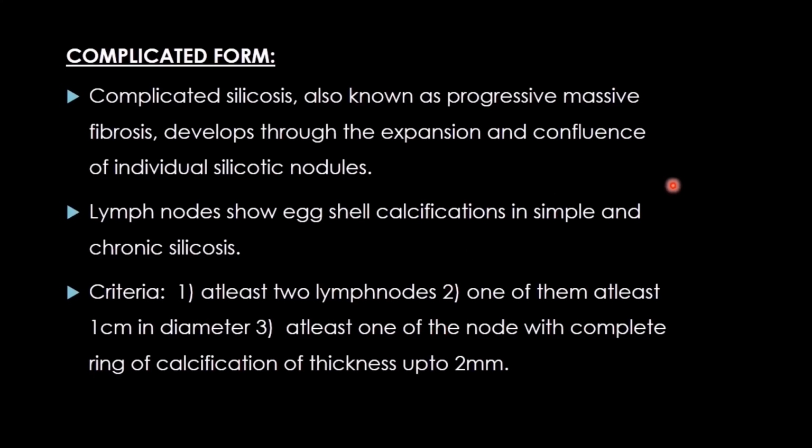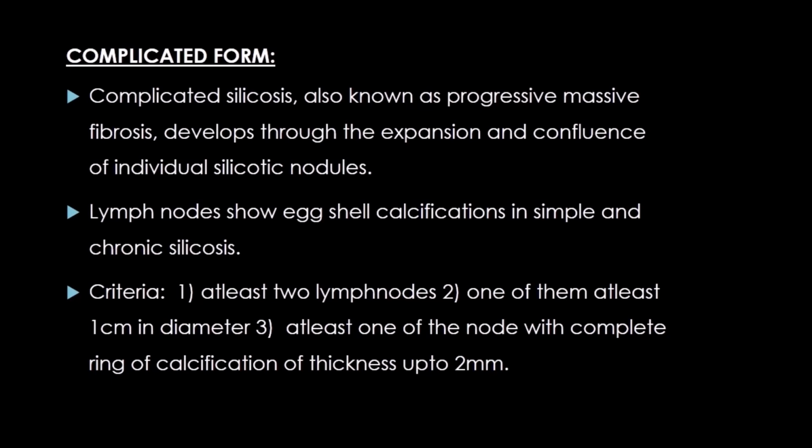Coming to the complicated form of silicosis. Complicated silicosis, also known as progressive massive fibrosis, develops through the expansion and confluence of individual silicotic nodules. Lymph nodes show eggshell calcification in simple and chronic silicosis. In order to call a lymph node calcification eggshell, it needs two